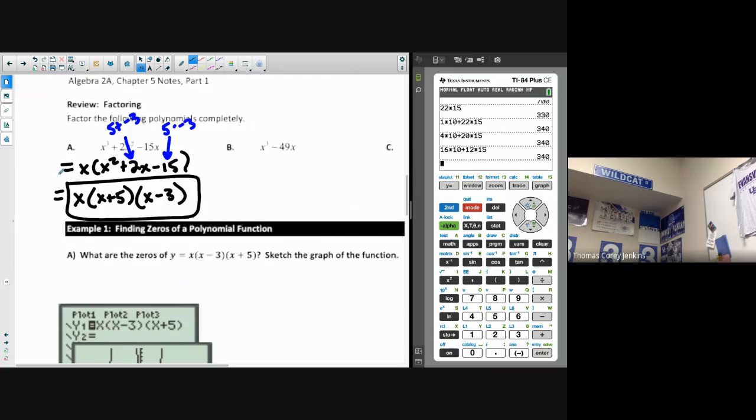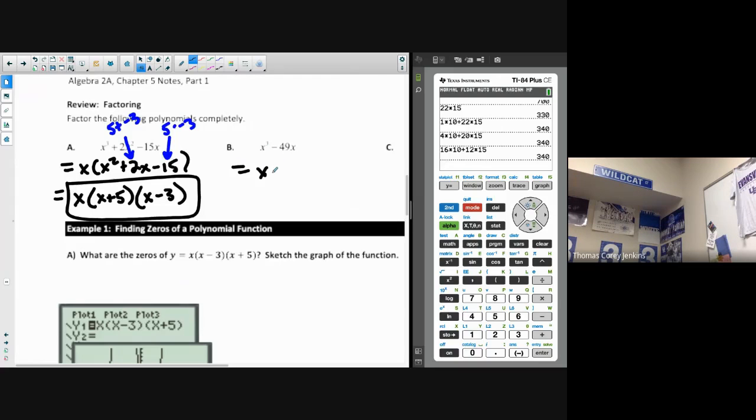And again, why do I want to be able to do that? Because now I can quickly, without a graph or anything, look at this and tell you that my zeros are x equals 0, x equals negative 5, and x equals 3, just by using that zero product property. Okay? Looking at our next example, again, got to factor that GCF out first,